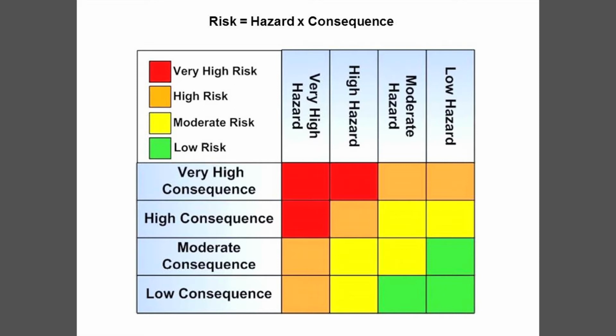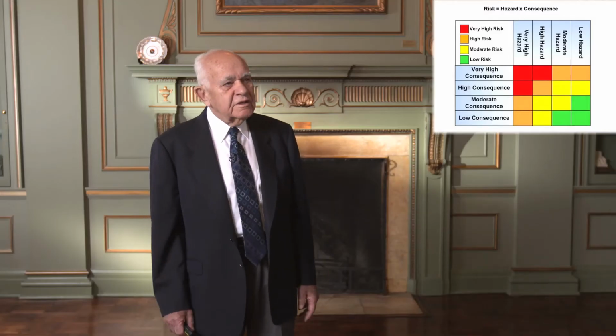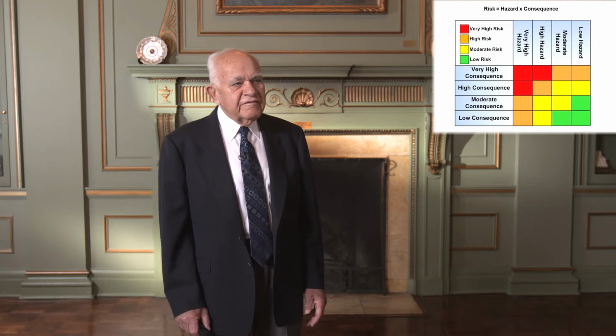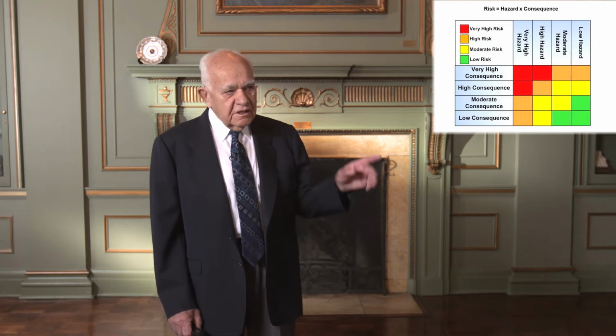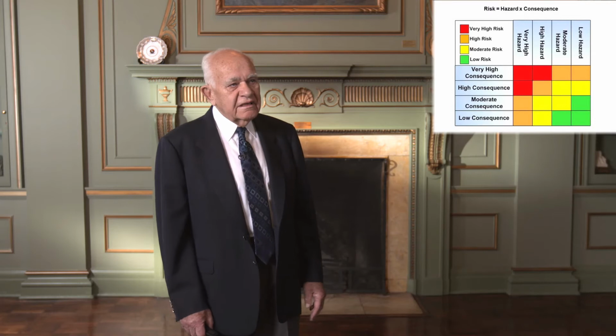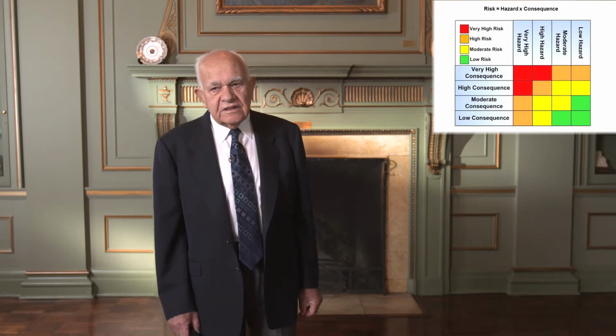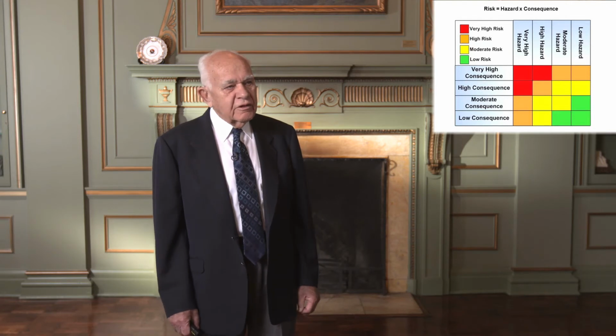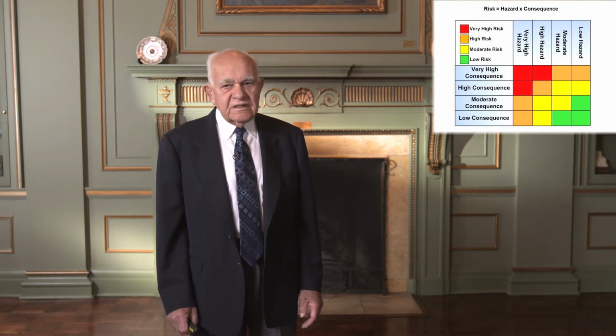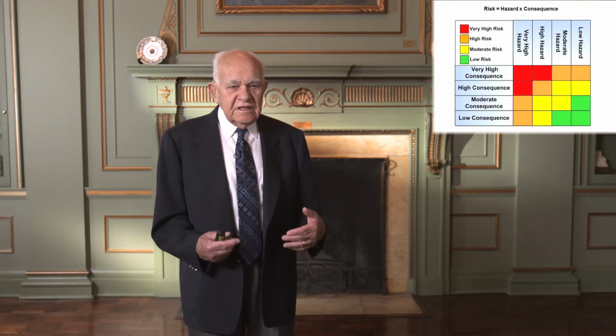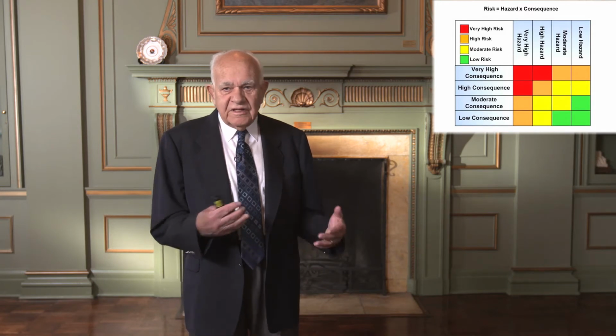So you can imagine the dam and the slopes that I showed you would have very high consequences of failure, so it would be in the upper column, and the hazard might be high or moderate, depending on how much confidence you have in the design. But the risk is defined as the product of these two factors, and it's something that is integral to our understanding of the use of rock slope stability analysis in engineering design.